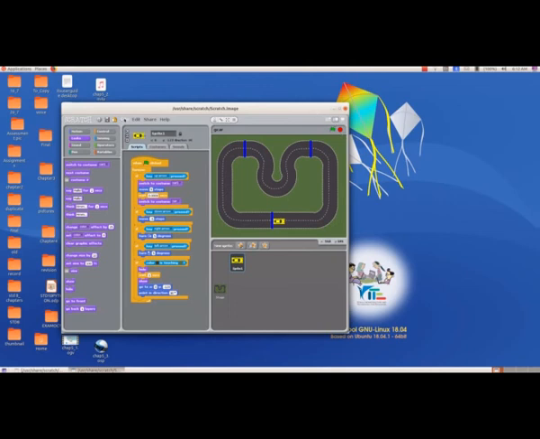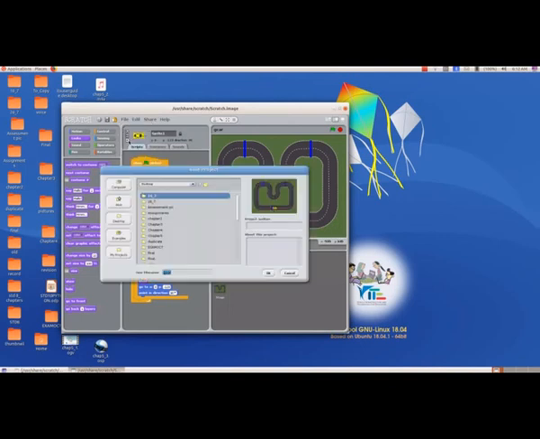And to save this, from file, save as, and we can give the file name. Here I am giving the file name as, it is game for the car, so I am giving the name as gcar,